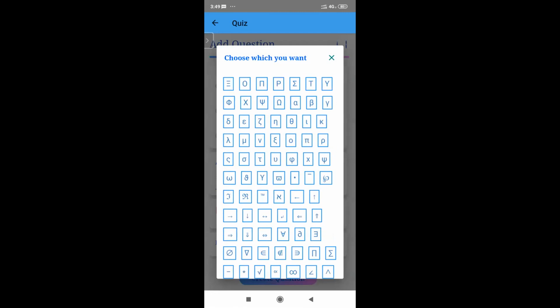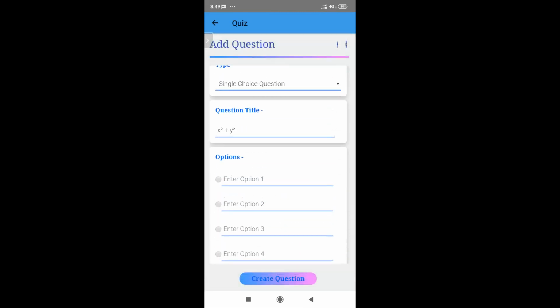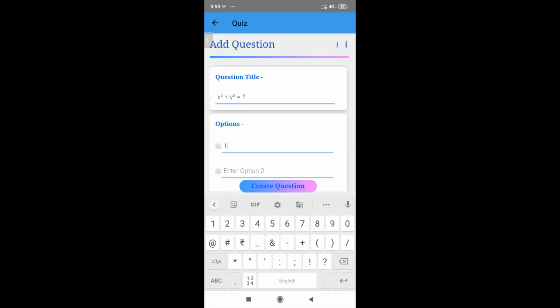But if you have to create large equations, then comes the question of how to create large equations. For creating large equations, I usually tell everyone that you can either write the equations on paper and take a picture of it because it's much easier, or if you already have a diagrammatic picture of that particular equation, you can add it. Type some random answers.